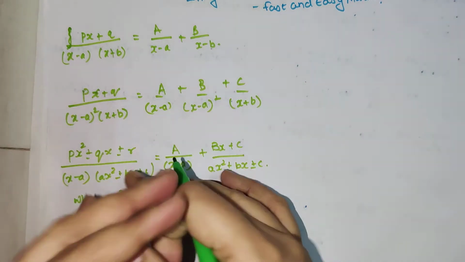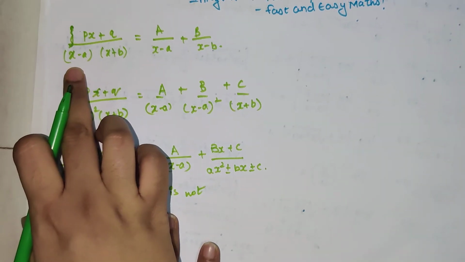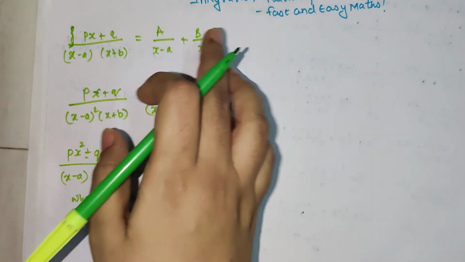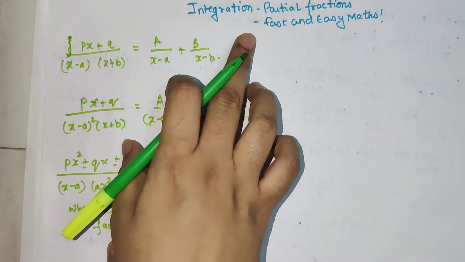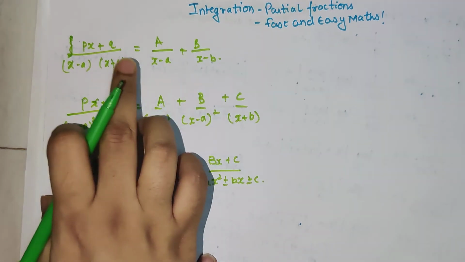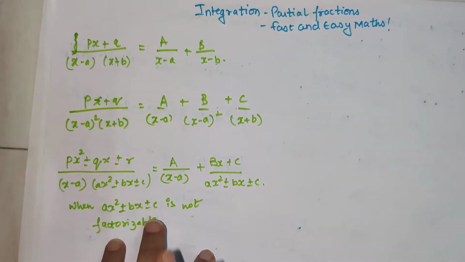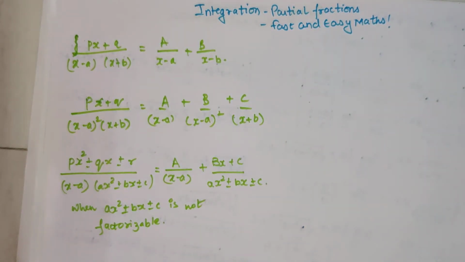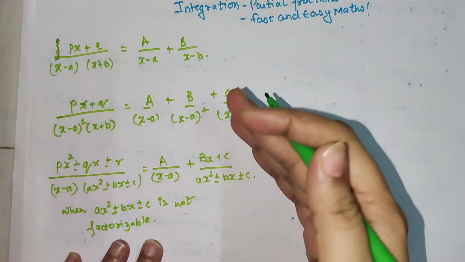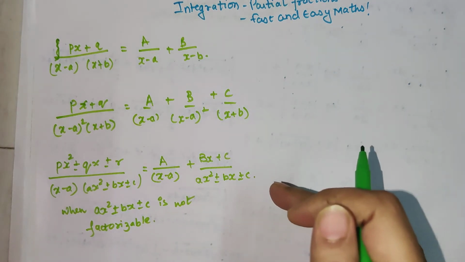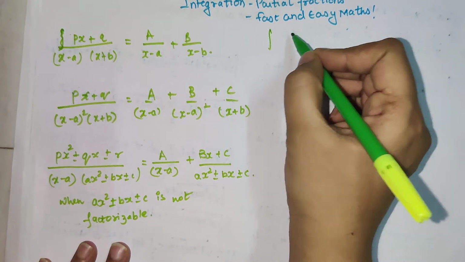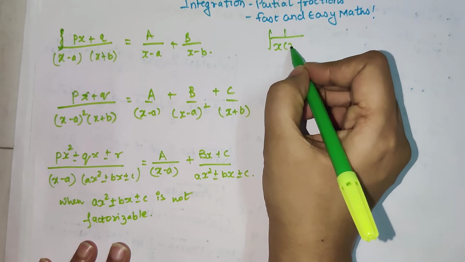Okay, so students, the variation in this is that if you had over here (x minus a), (x plus b), and another bracket stating (x minus c) or (x plus c), then you would have to add another variable, which is plus C upon (x minus c), or whatever that other bracket was stating. Okay, but these 3 are the major things which you need to remember for your exam. So do go ahead, take a pause and take a screenshot of these particular formulas. Okay, now like I said, we are going to solve a question which looks really difficult, but which can be solved very nicely with the help of this method.